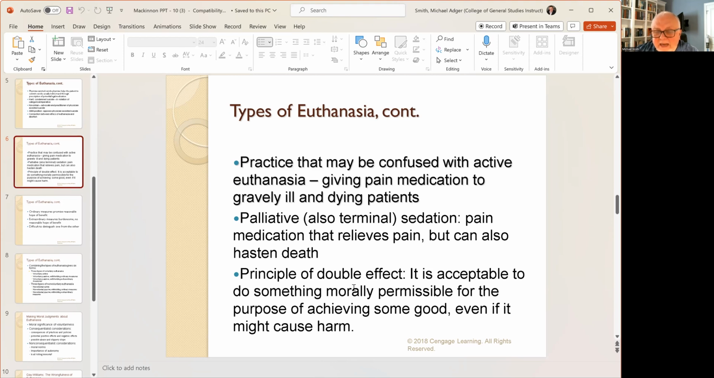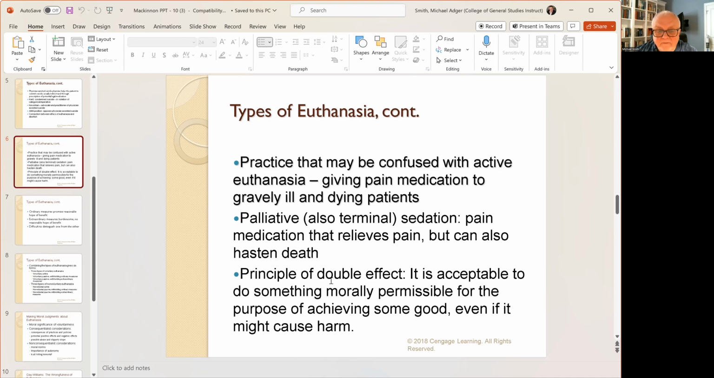So as we look at that, there's another aspect of this too, and that's pain medication that connects to this in a certain way, given to gravely ill dying patients. That's called palliative care, palliative sedation. It's a case where the pain is so great that the medication relieves the pain, but it can also hasten death. It will kill the patient. That's true of morphine. Morphine is a palliative care that's given for very, very painful diseases,